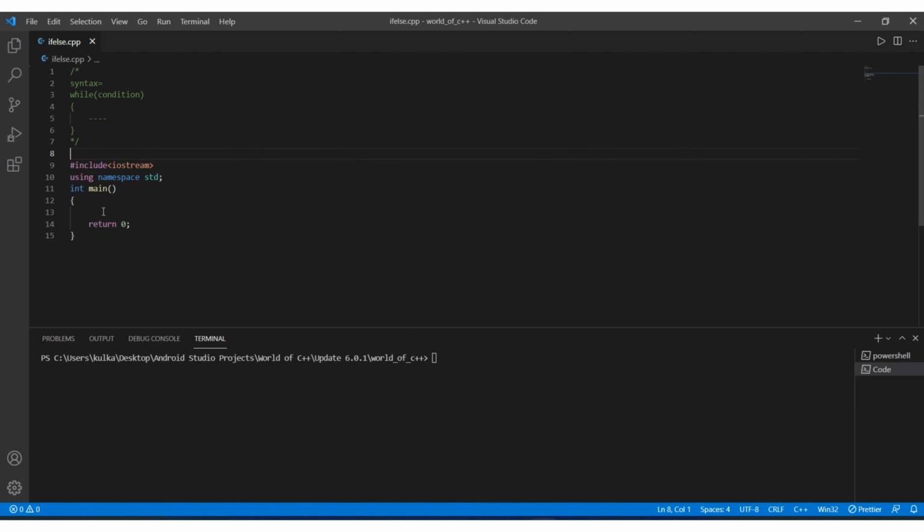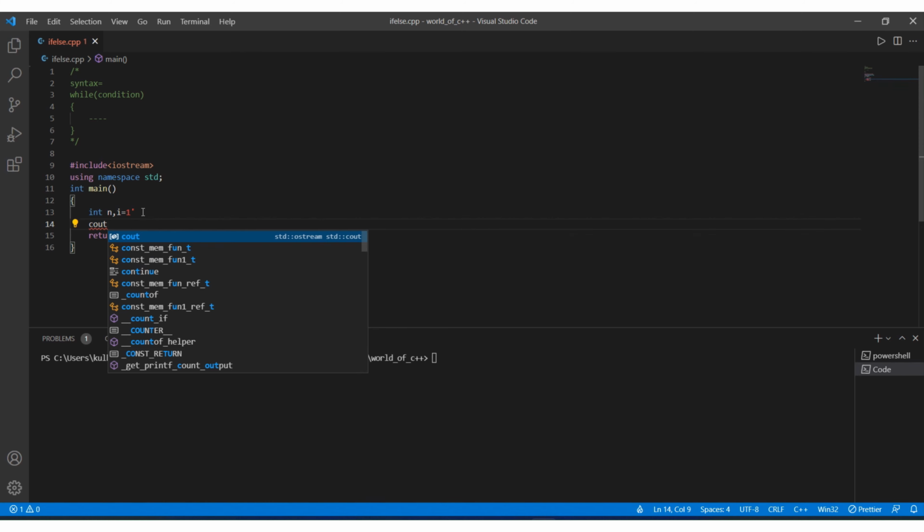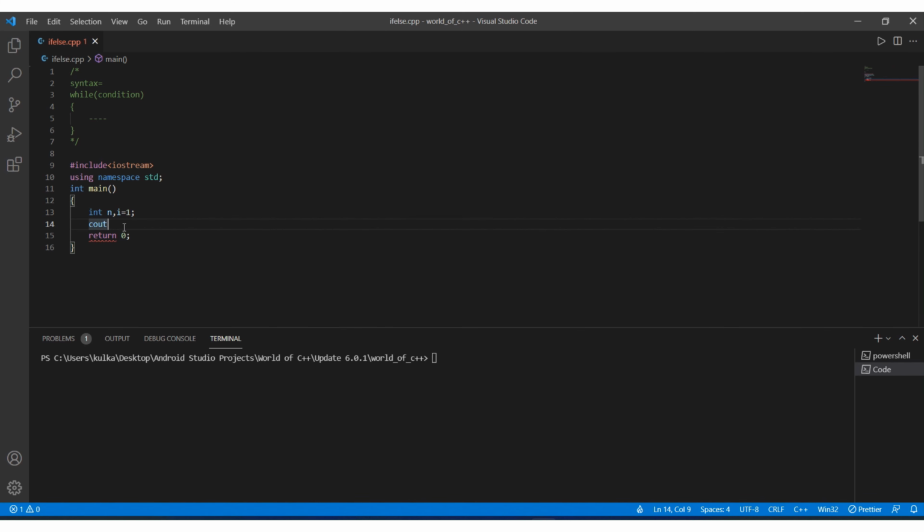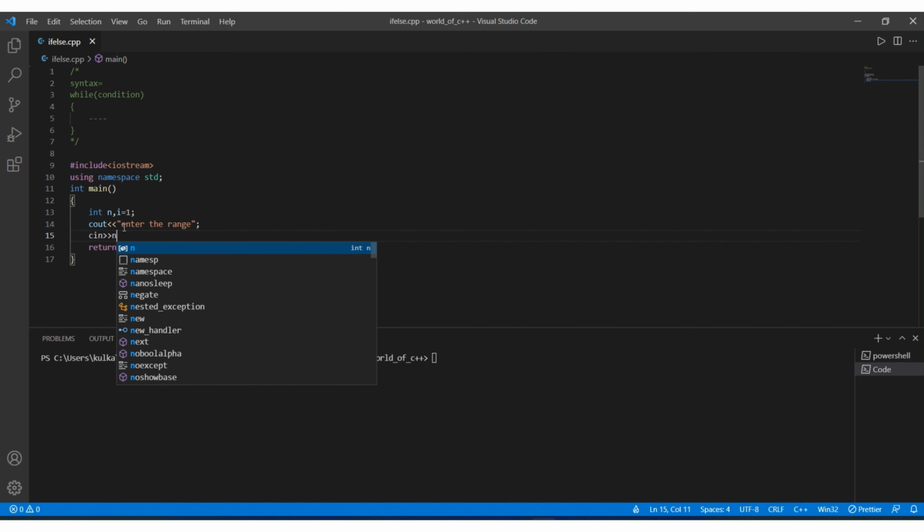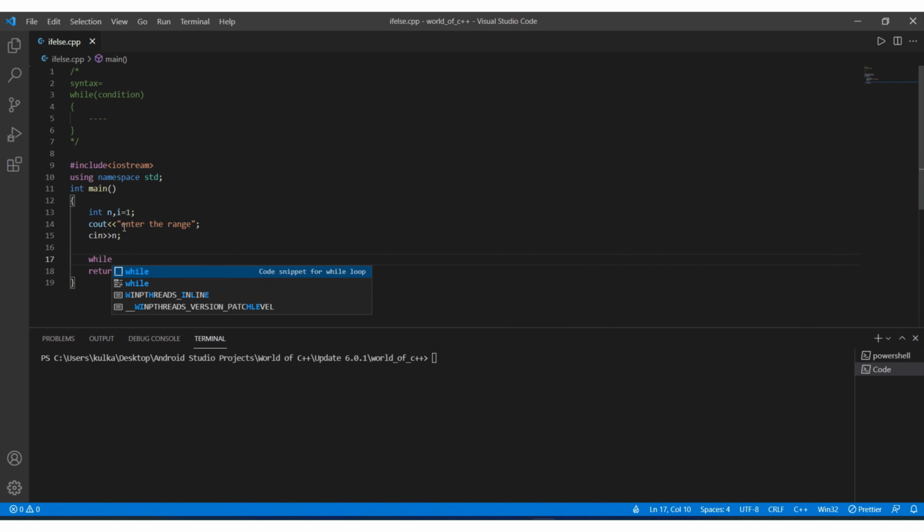Let's see a program to print how many numbers are even and odd within a particular range. For that I will type integer n, comma i equals 1. I will prompt the user to enter the range. cin n, then while i smaller than or equal to n,